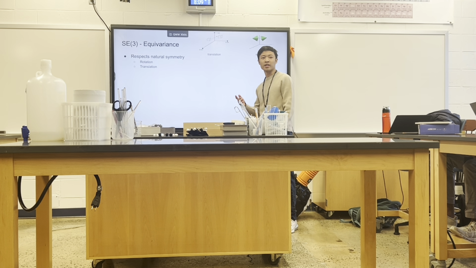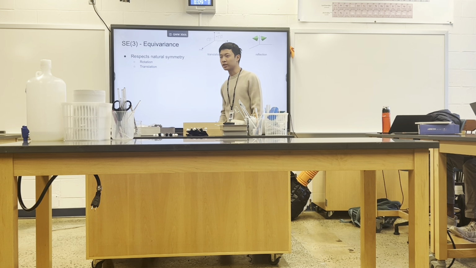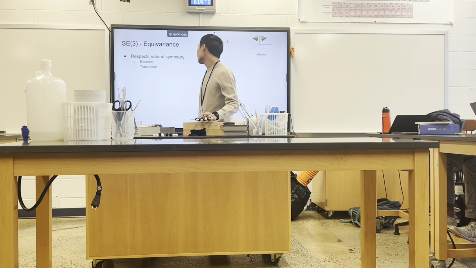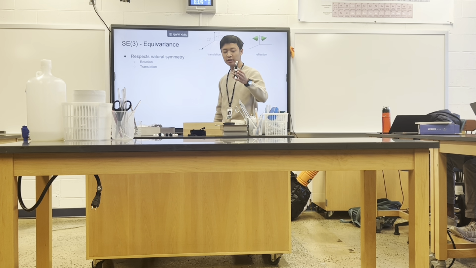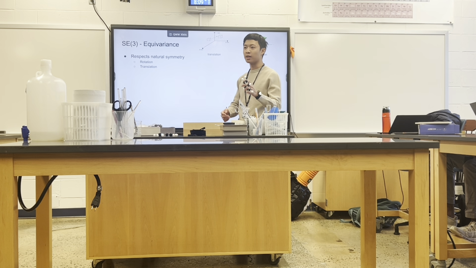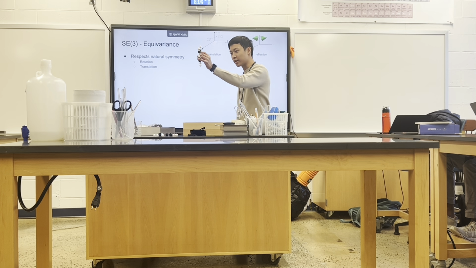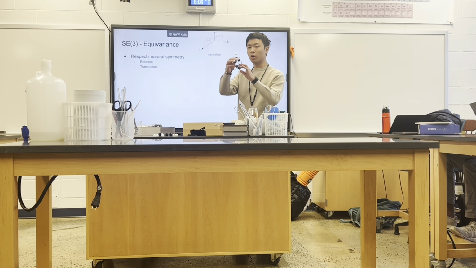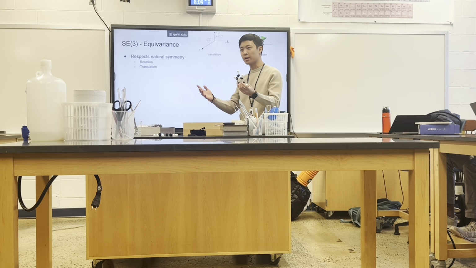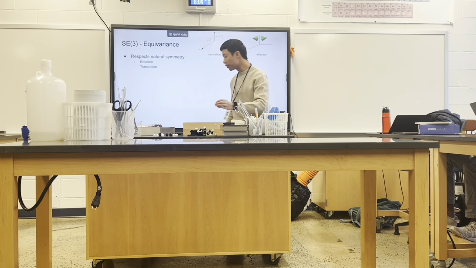DiffSBDD, one of the reasons why it's better than other diffusion models currently, is that it enforces SE(3) equivariance. So it respects the natural symmetry of what happens with molecules. Remember how I talked about how these atoms are represented in 3D space? We don't want the model to consider it a new molecule if we translate it, if we shift it a certain 5 units, or if we decide to rotate the molecule, it's still the same molecule. However,